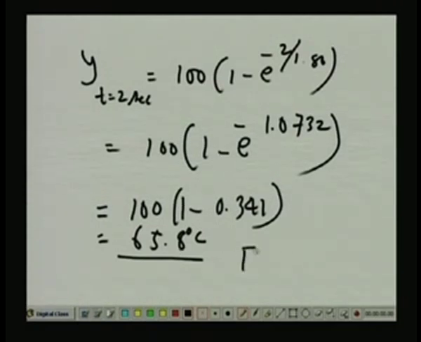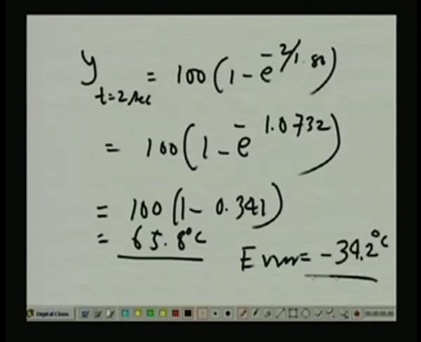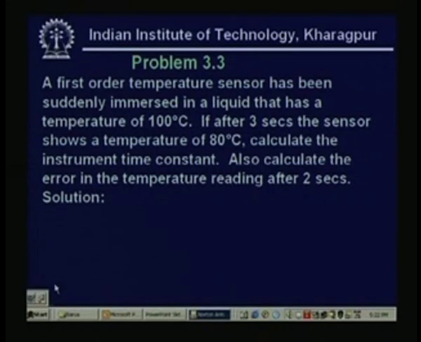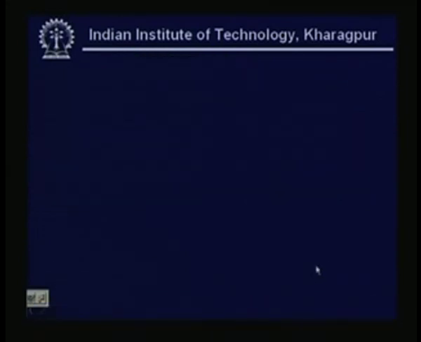So, the error will be, you subtract 100 from this, it is minus 34.2 degrees centigrade. This is the error, right. Now, the next problem, I will not make the solution to it, which you have to do, and